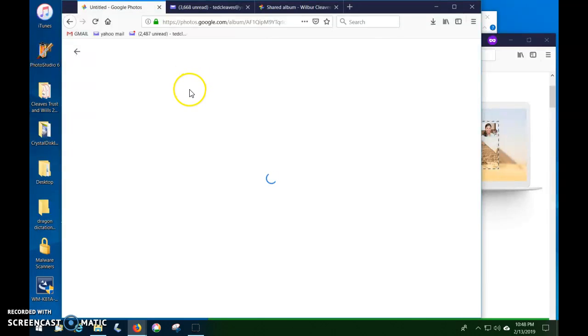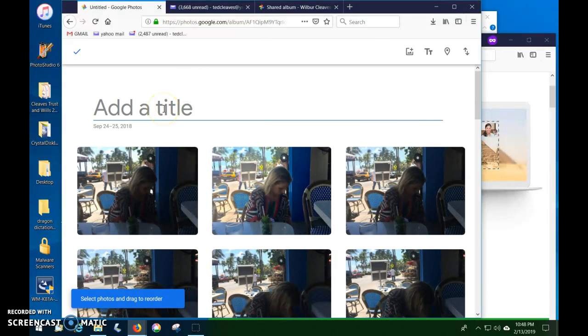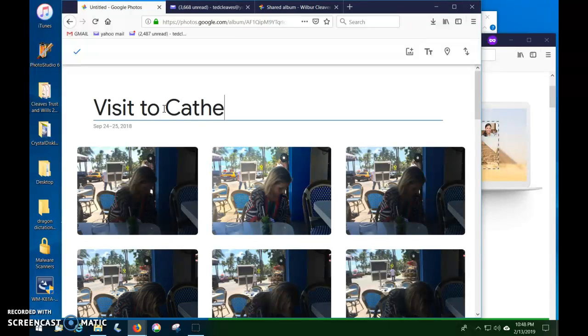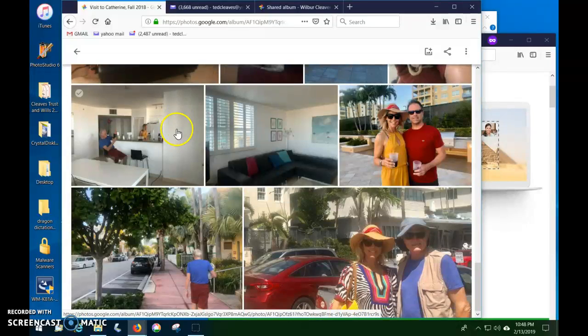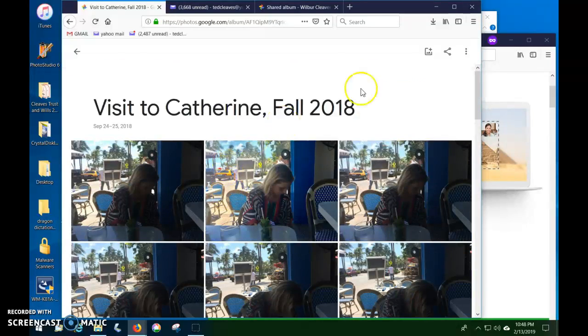So it's going to open it up to a new page. You're going to give the title to the album, Visit to Catherine Fall. I'm calling it Visit to Catherine Fall 2018. Okay, Visit to Catherine Fall 2018. Hit the check mark. Now you've got those 33 pictures and videos in here. And you can always add more to it,